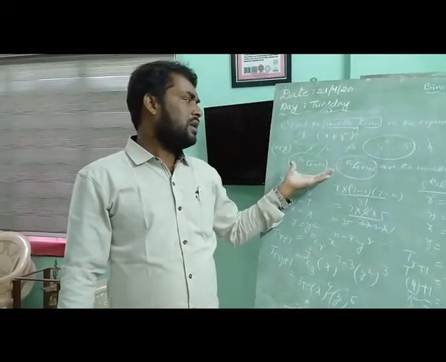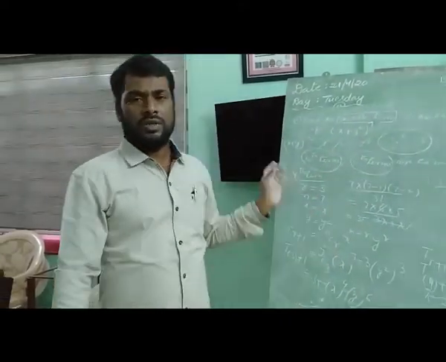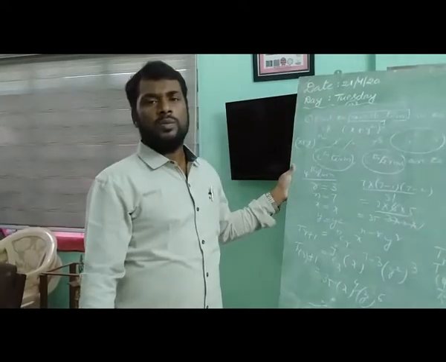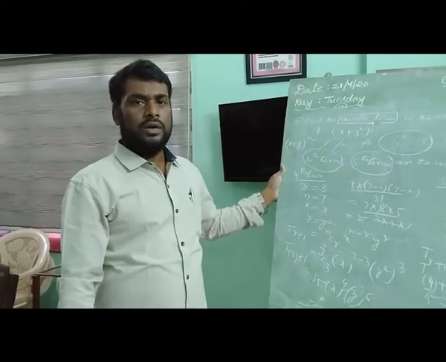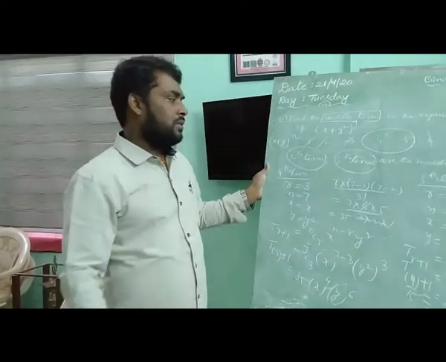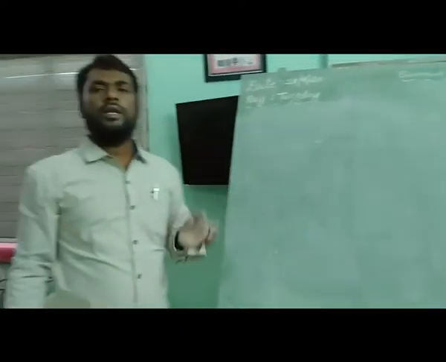After that, we can identify middle terms. How do you find these middle terms? By using r plus 1th term or general term. What is r plus 1th term? Tr plus 1 is equals to NCr x to the power of n minus r y to the power of r. Okay, children?